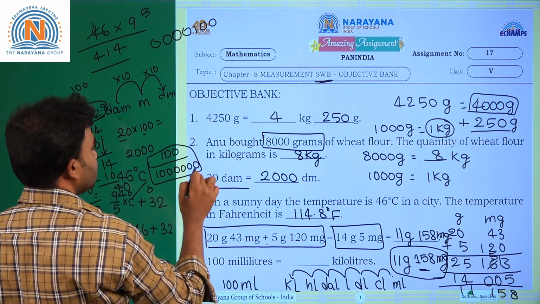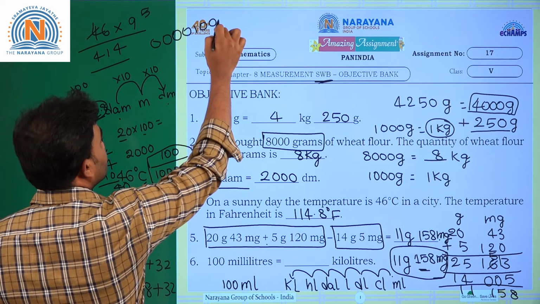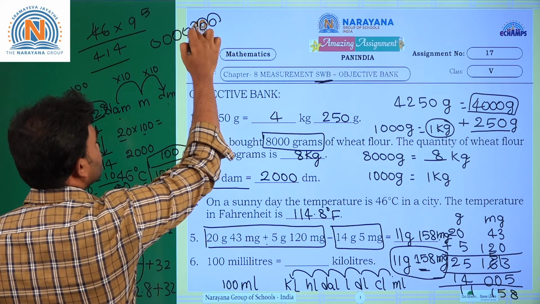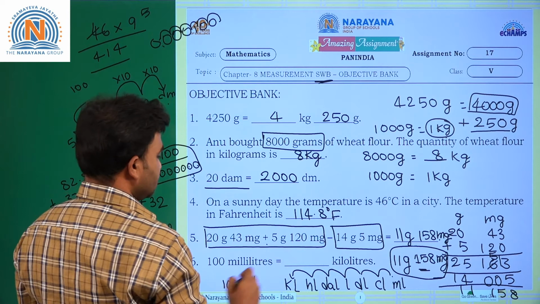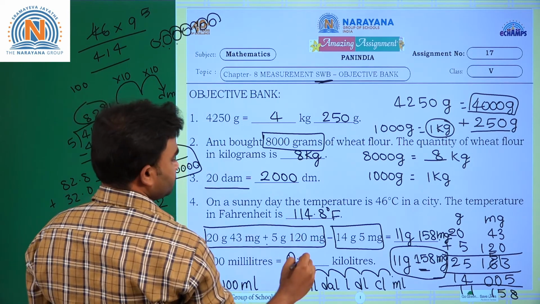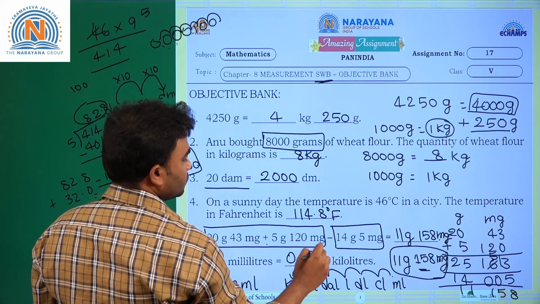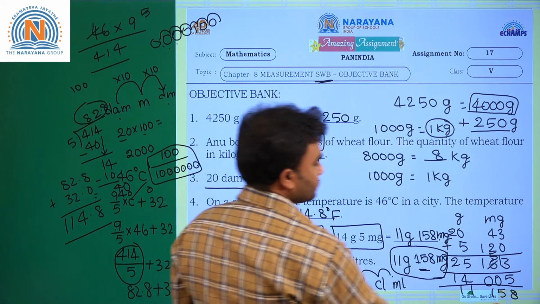Move the decimal point. How many times is it? 1, 2, 3, 4, 5, 6 times, from right to left. So the answer is 0.0000001 kiloliters. Next one,